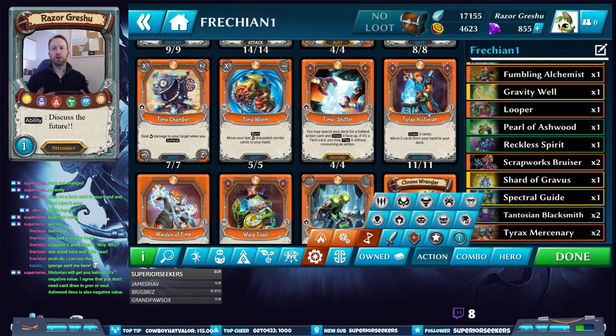I don't want to overvalue Historian. The reason I'm saying Historian is good is depending on how quickly you need to get your card draw. It's good for early game. Late game it's not good, because late game or even mid game, you should have your weapons up by now. Every card you're drawing should be good card draw. So valuing it really early game, like within the first 3 or 4 turns, I think is really good. But then again, Time Shifter could be...